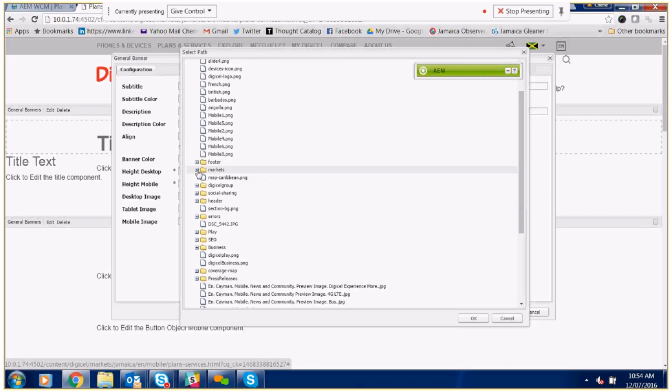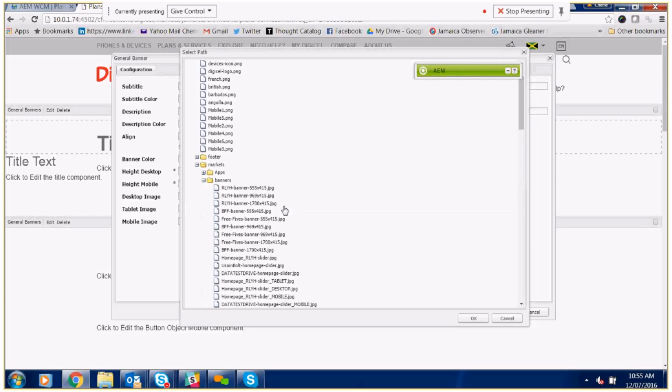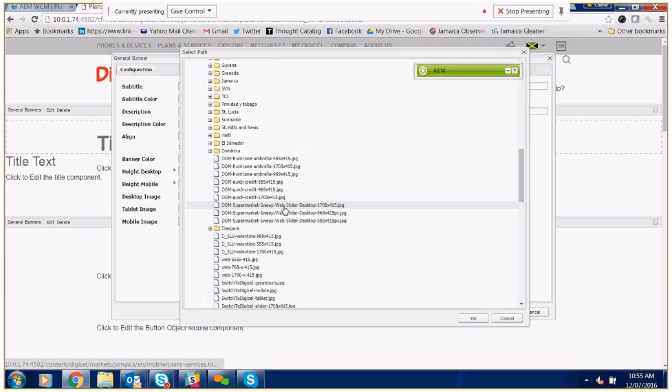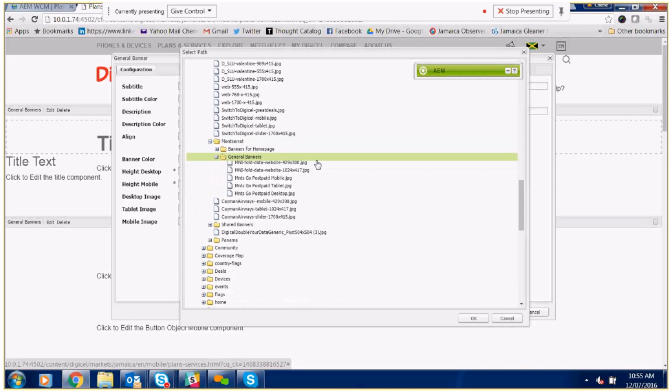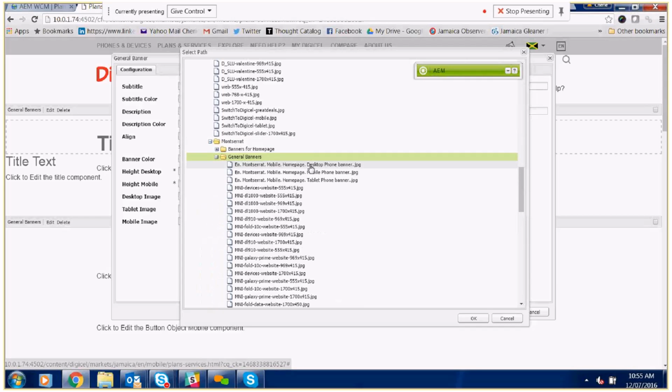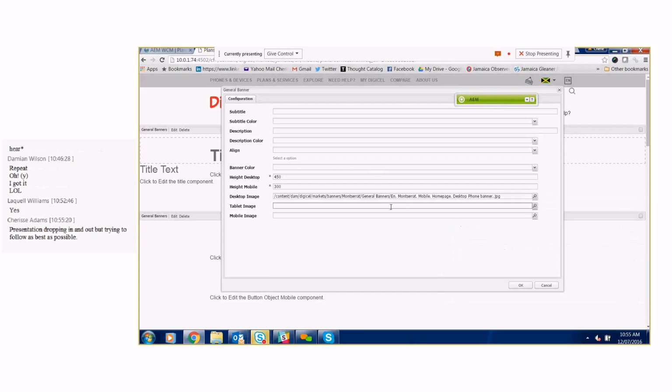So I want to go to markets. Remember, it's the same structure. I want to go to banners, and I'm going to use a banner from Montserrat. Okay, so it put in the path for me for the desktop banner, and I cheat by copying